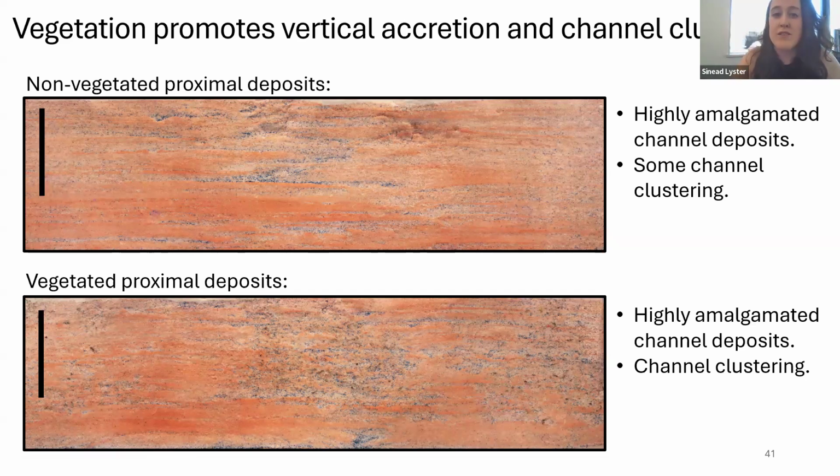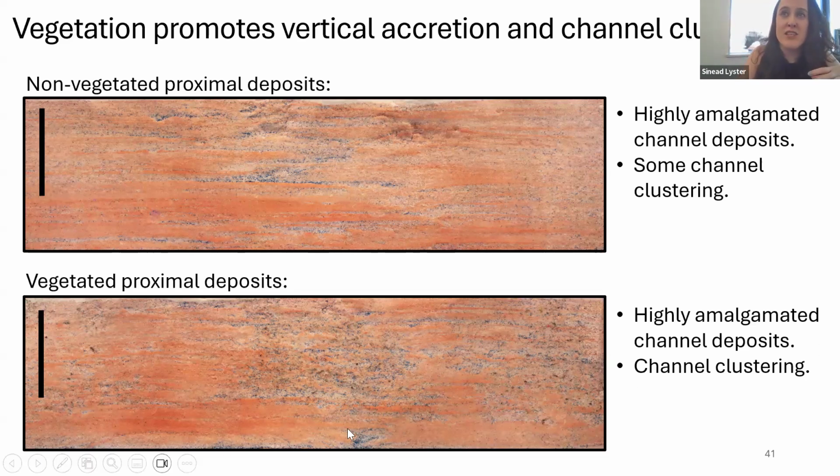So hopefully what you'll notice is that in the proximal region, in general, a lot of these deposits are quite amalgamated. You can see all these orange surfaces, and they're all stacked up and merged. And there's little bits of floodplain in between. So for both non-vegetated and vegetated in this really proximal region, there's a lot of amalgamation,